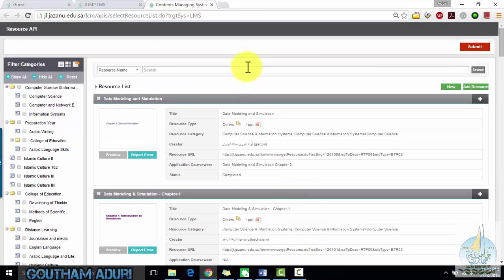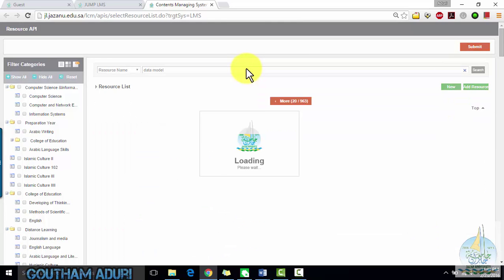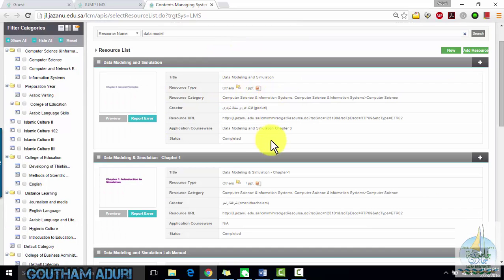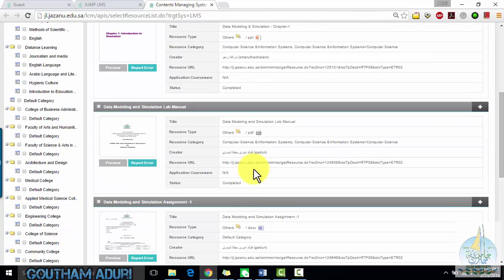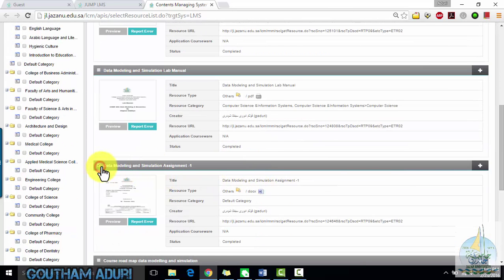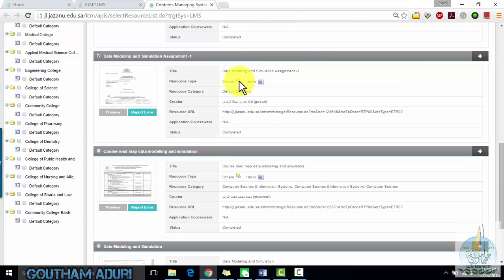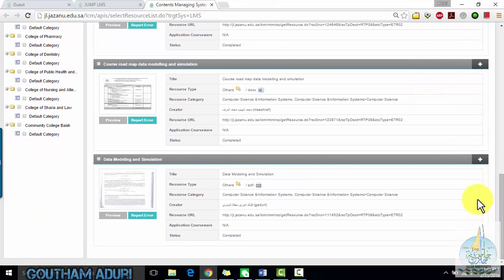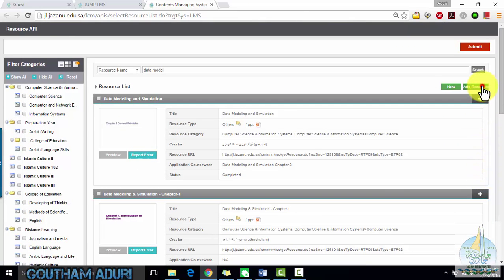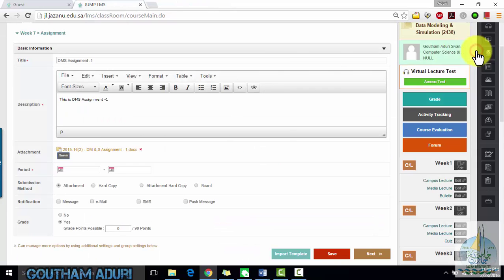Just search. PPT chapter 1 lab manual. Yeah, this is assignment and this is docx format. Click on add resource, click on submit,